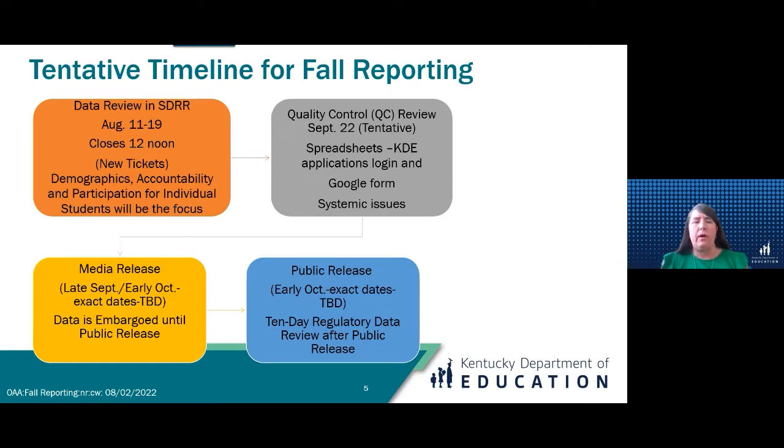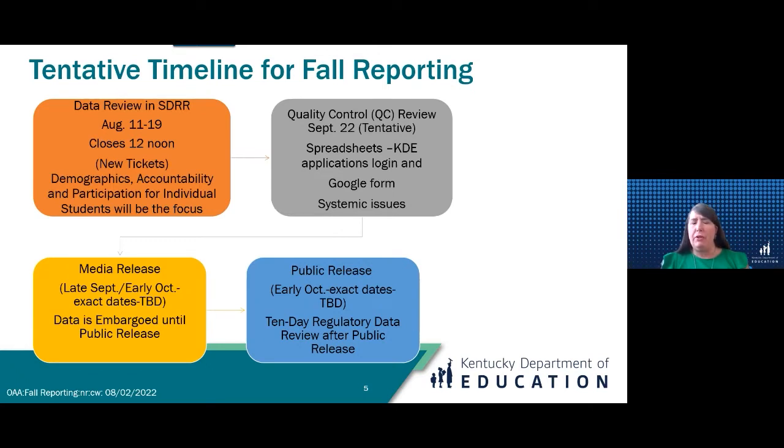You'll want to make sure the data stays embargoed until early October, when we will release it to the public in our school report card, and we'll have exact dates coming for that.